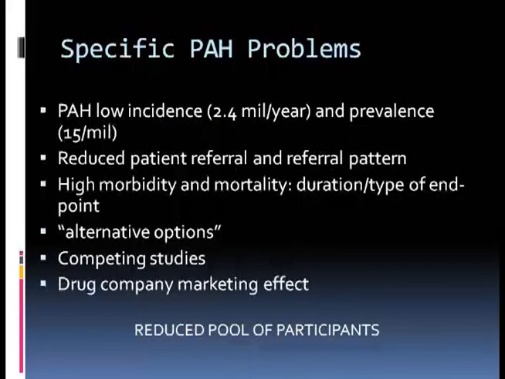Okay, so which are our specific problems? Low incidence, which is reducing the pool of participants in trials. So far, I think we realized that we need a better treatment. And yes, we looked at Gleevec, and in patients with severe disease, it does work, for example. We are trying to look in Montreal now, and in Toronto, we're looking at progenitor endothelial cell treatments. We're looking at genetics. But we are still at the very, very beginning of actually learning and doing something effective.